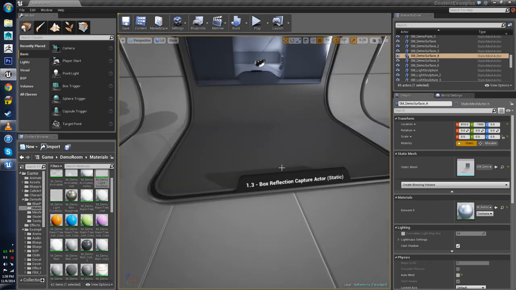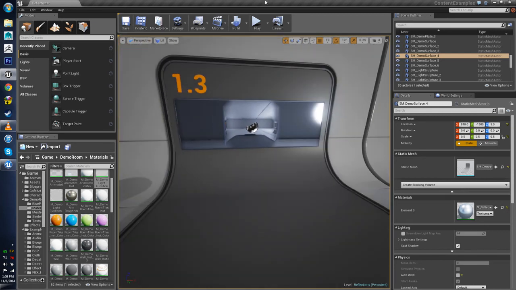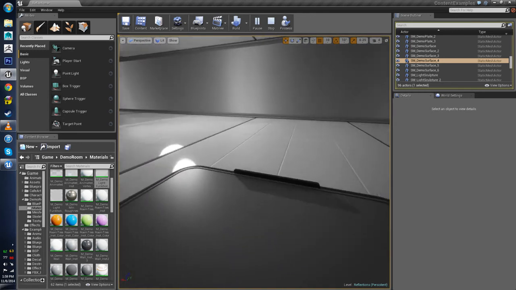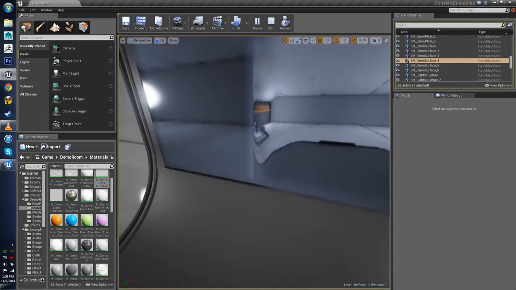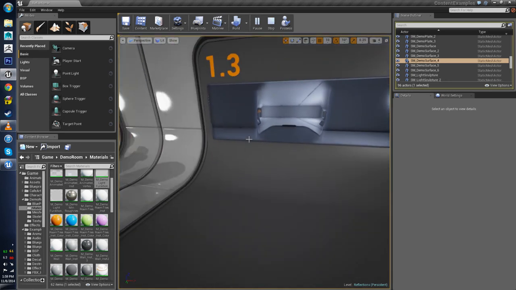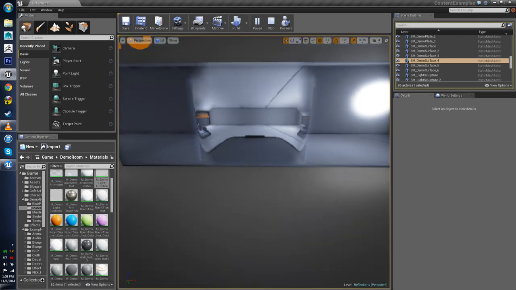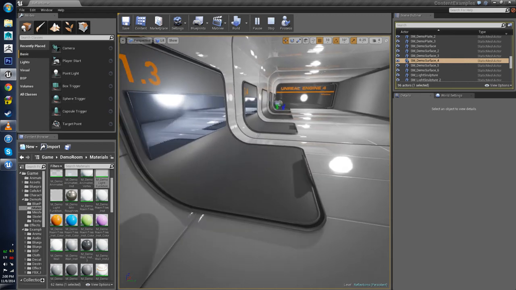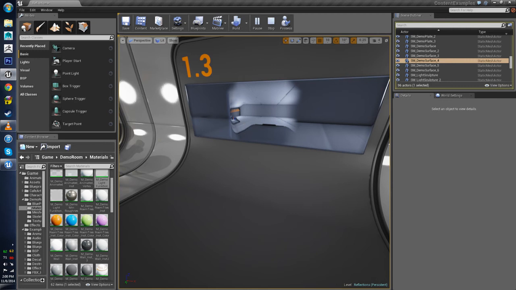Alright, so the box reflection capture actor. I think I'm going to have to simulate this. What this is doing is basically it has a camera that's facing this way, and it's looking in this direction. And what it's doing is applying what it's seeing to a material, and it's doing this in real time. So what you end up getting is real-time reflections with more detail,